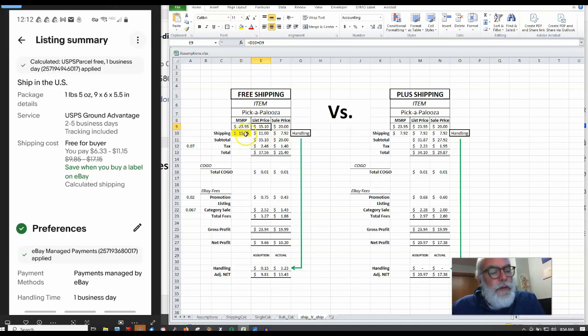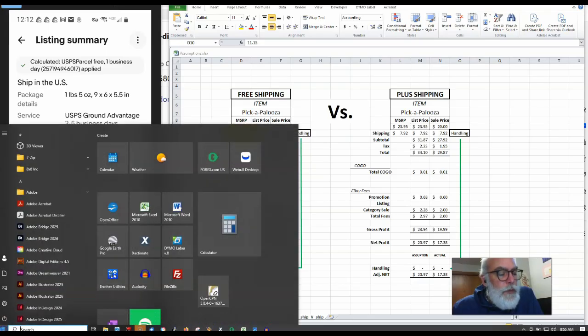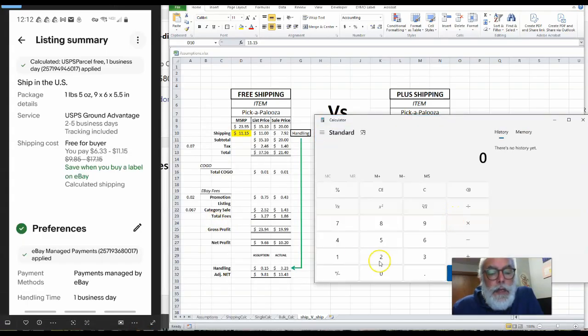So now we could take this 11.15 and say, well, what's the average? Because we could put $6.33 in there. Oops. Don't want to do that. Let's X out. We could put $6.33 in here, but inevitably, right, that's probably not going to be a good number for us. Why? Well, we have no idea where it's going to go. So if you're going to err, I suppose you err on the high side. Now, you could split the difference, right? And if you split the difference, you take